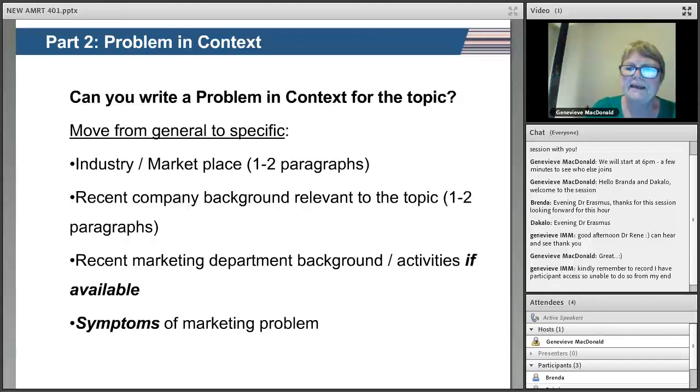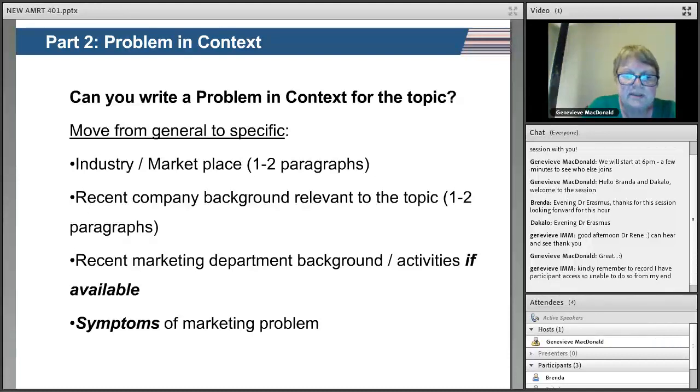Don't pad it with all kinds of stuff that has nothing to do with the topic. You are not impressing the examiner. Then recent